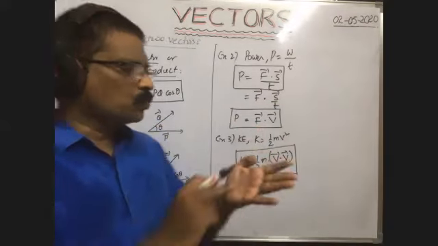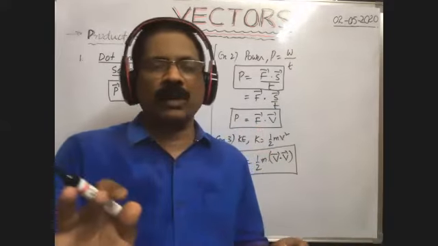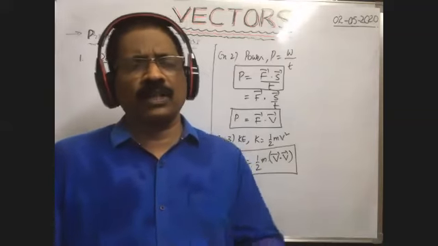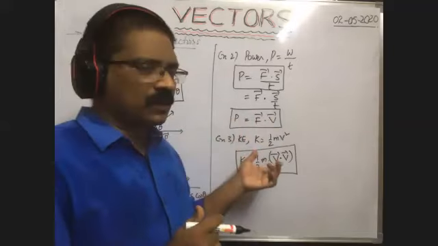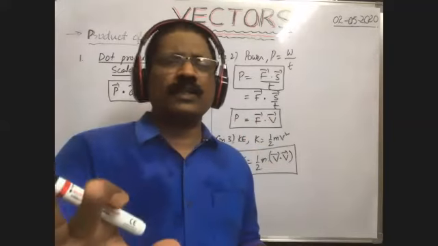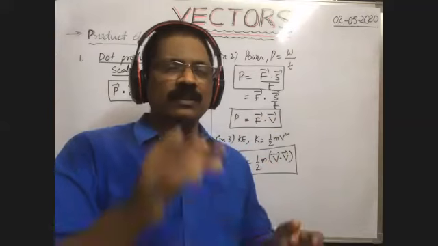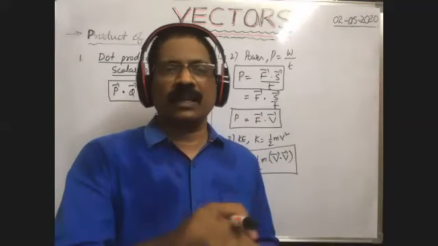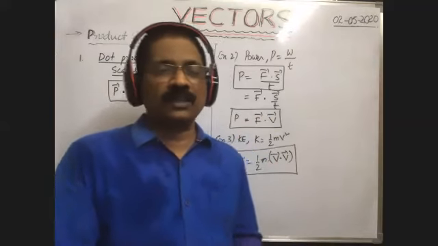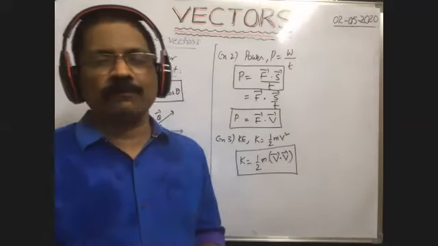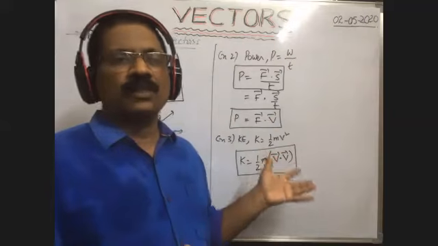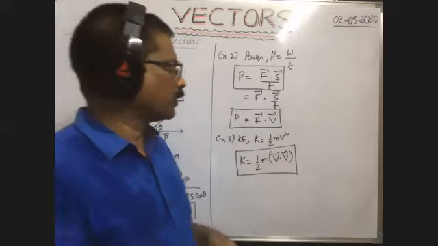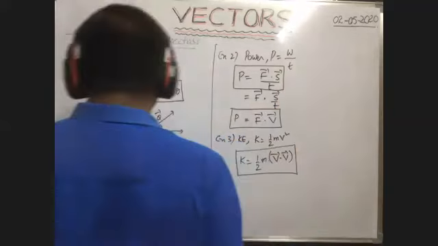That means 2 dot a bar, or 2 dot p bar, we should not write like this. If you want to take the dot product, it must be between two vectors only. It will not be between a scalar and a vector. The product is always between two vectors only. Okay. So is the dot product a scalar or a vector? The dot product is a scalar quantity. So this is also one more application.